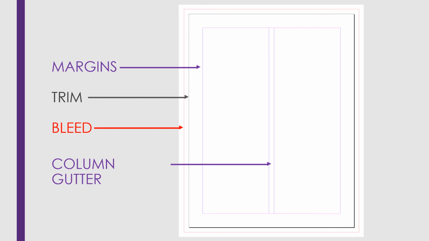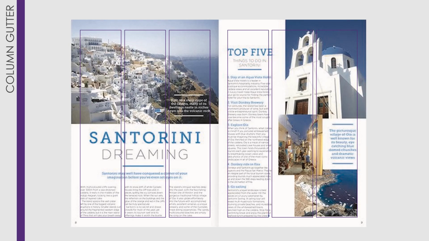And the space between those columns is called the column gutter. Again, it's the visual space between the different columns of text. So here is that magazine spread, and you can see that it is a 3-column design, as I've highlighted with these purple boxes for you. The easiest way to tell is by looking at the text on the left-hand page, right? The body text is clearly in 3 columns, and you can see that gap between the columns is the column